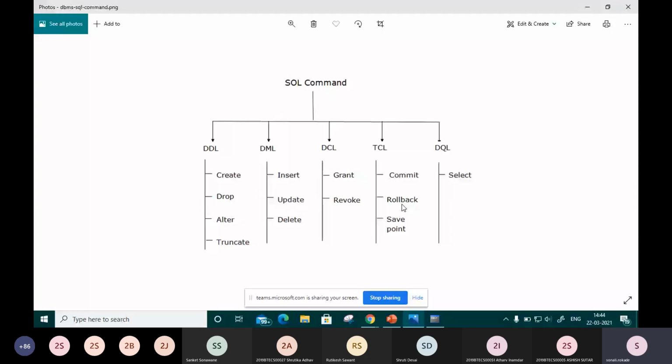No, it is part of TCL. We are going to roll back a transaction performed, that's why rollback is part of TCL. DCL is for giving control over the users, while rollback is part of transaction control language.